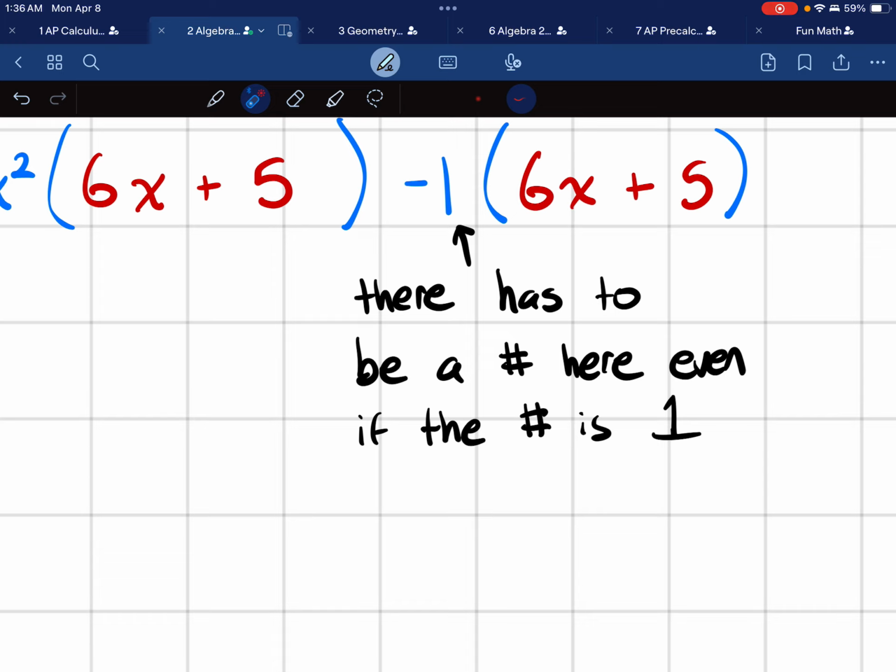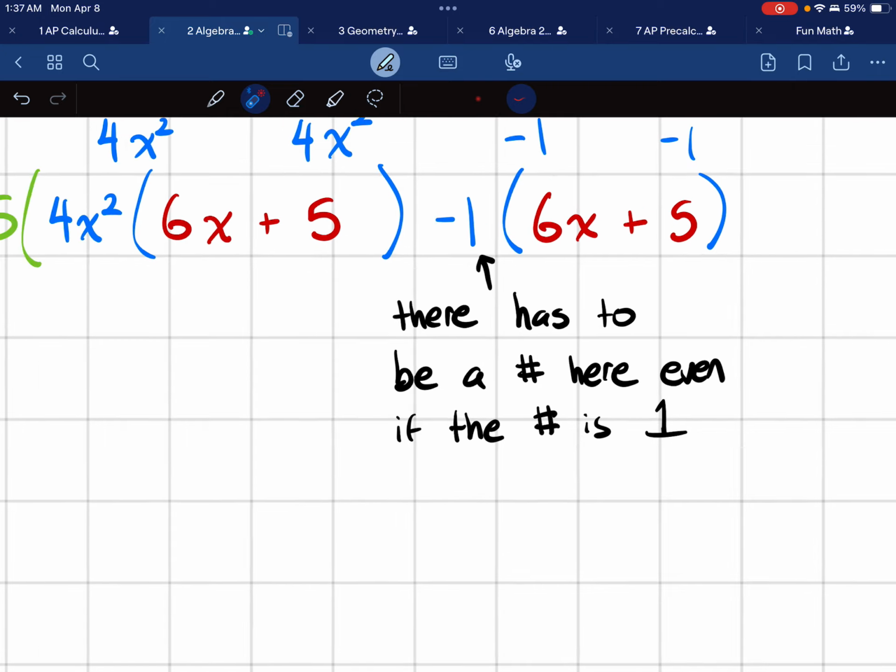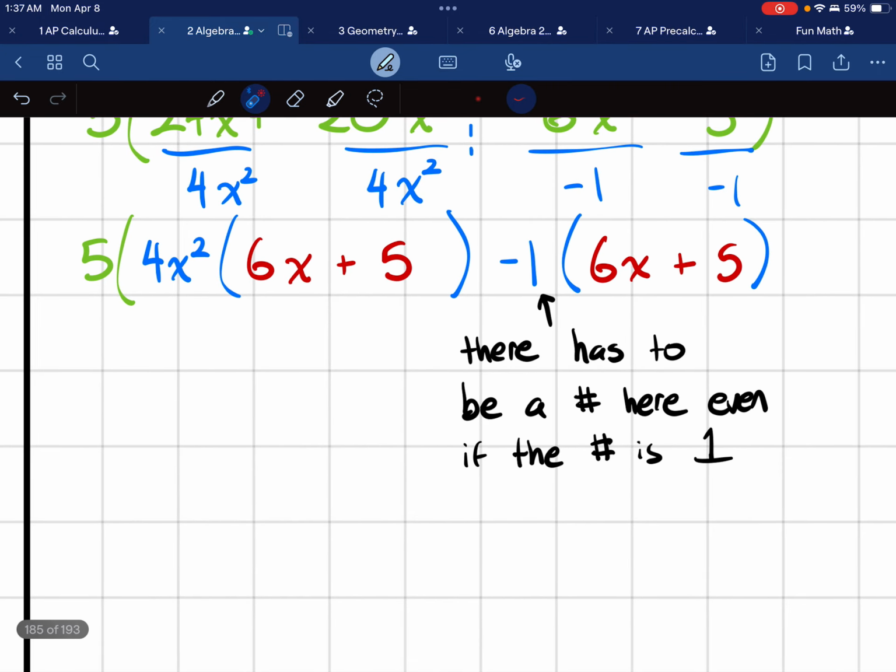Super important, because I think the hardest question I can give you is just there isn't anything and you have to put a 1 here. All right, and I do need to end the parentheses that are over here. Okay,